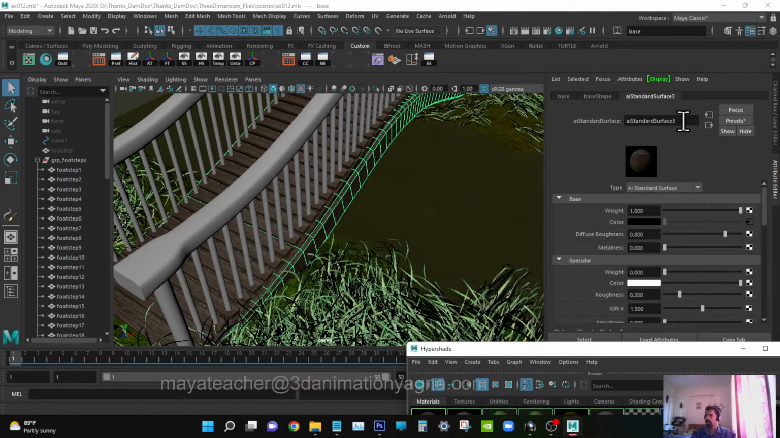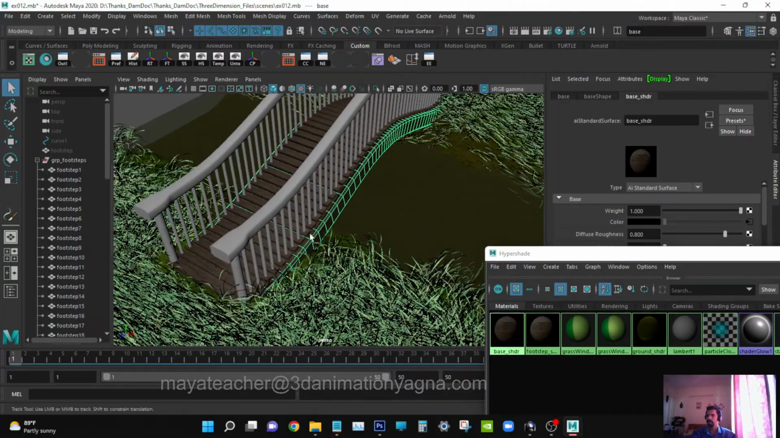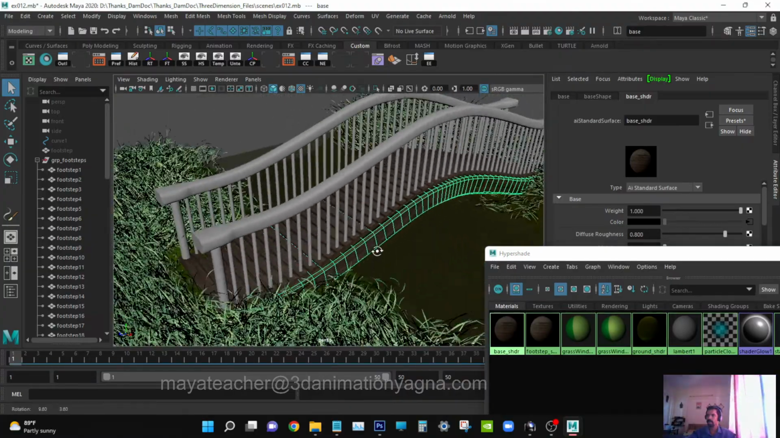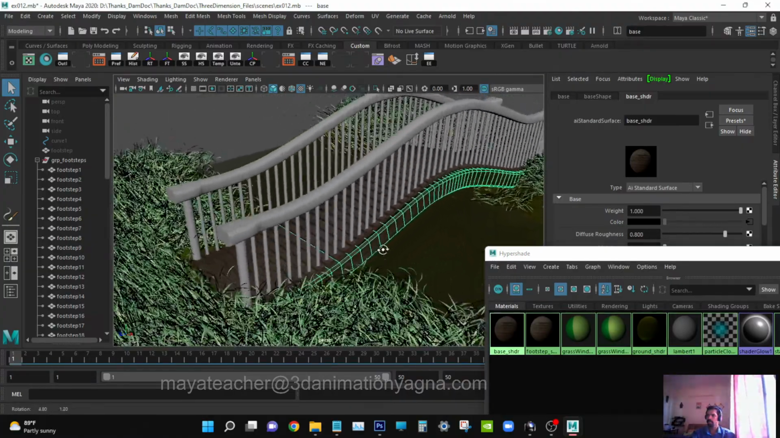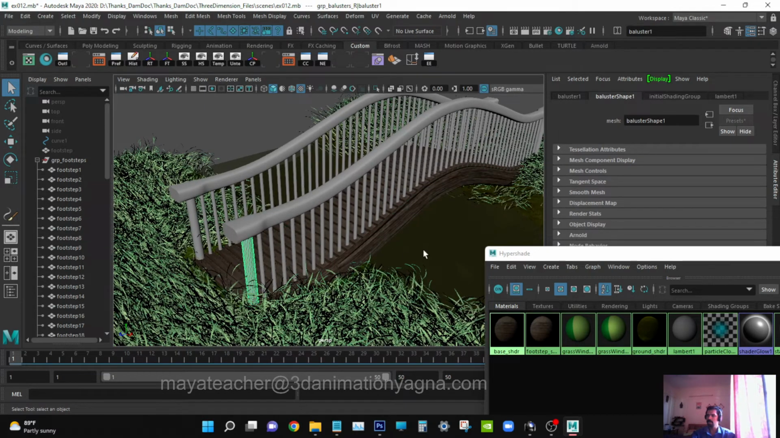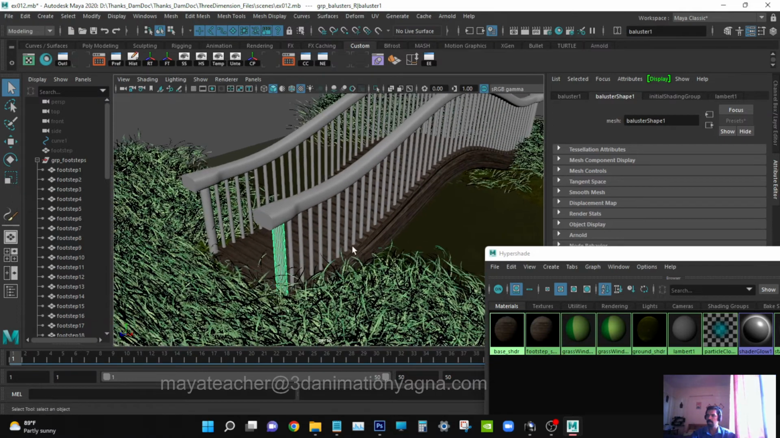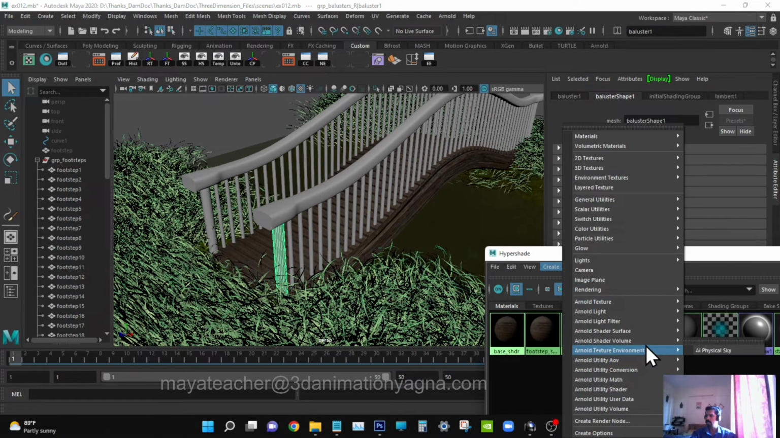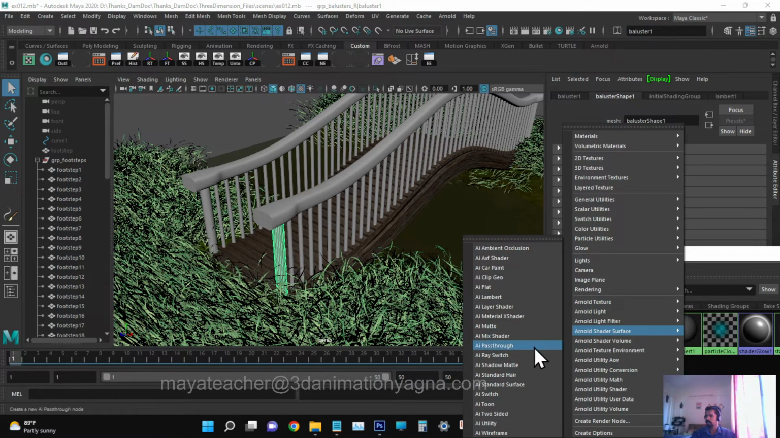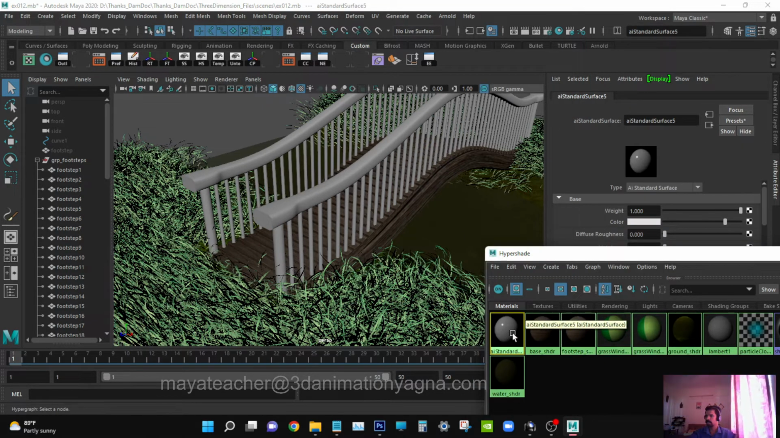For the bridge base, we didn't rename the shader, so let's rename it base shader. Right. Now we have to apply the shader for cylinders. Same way, any one thing you select and apply. Create shader surface. Standard surface,